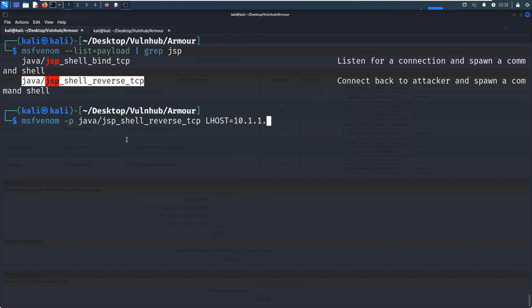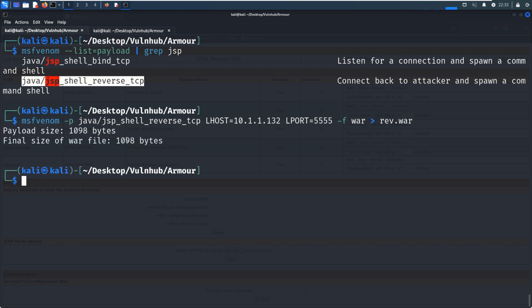LHOST is our Kali Linux, local port number 555. Okay, and the format should be WAR, and we can save it as reverse.war. All right, it's created successfully.